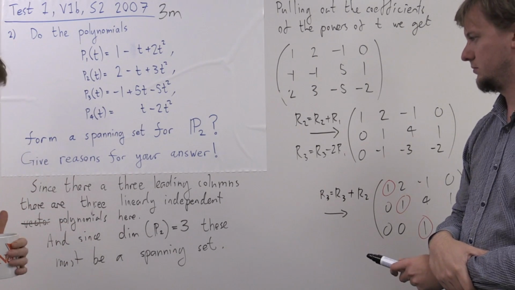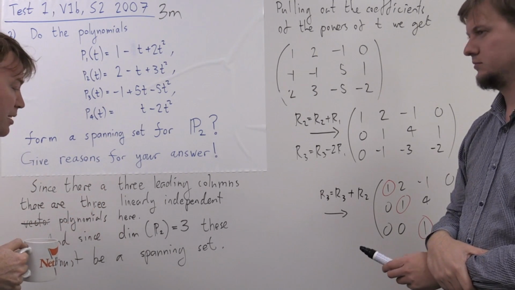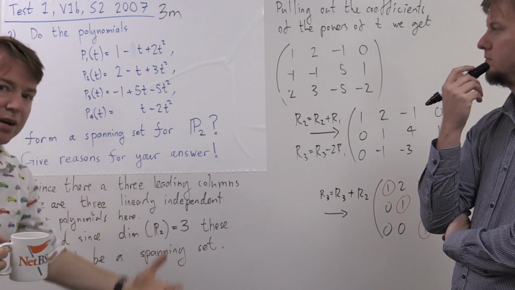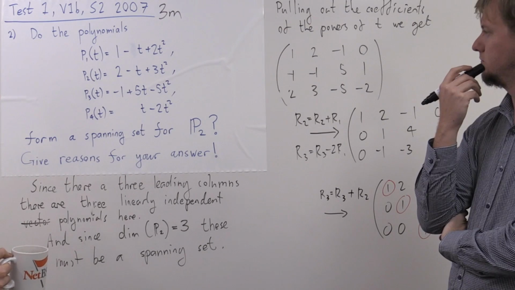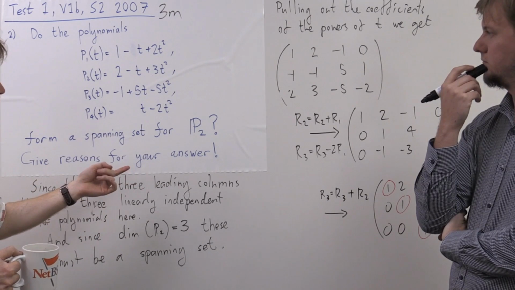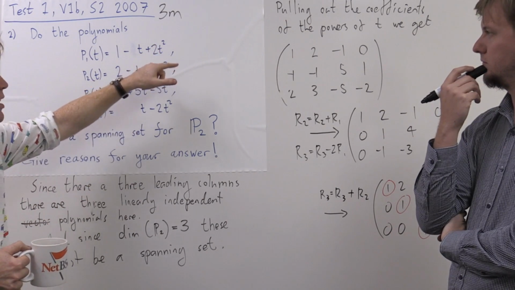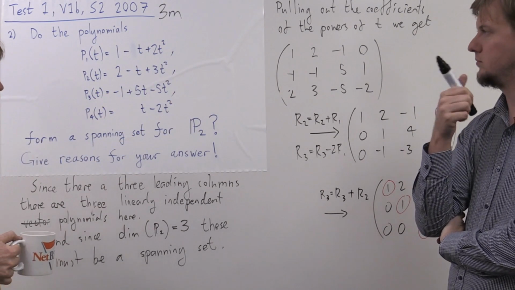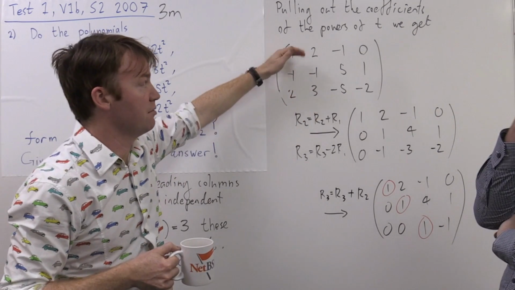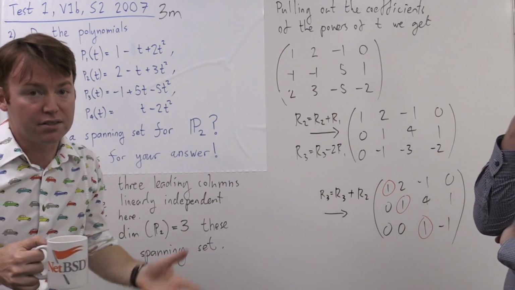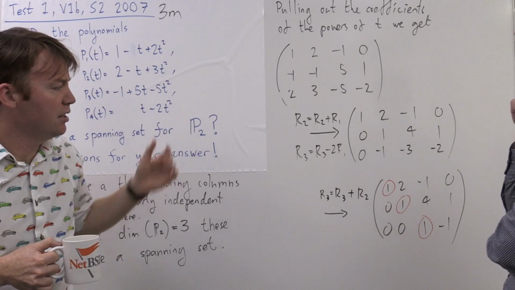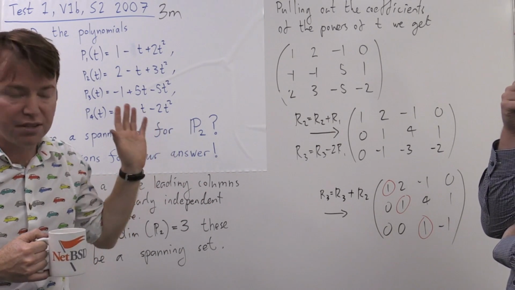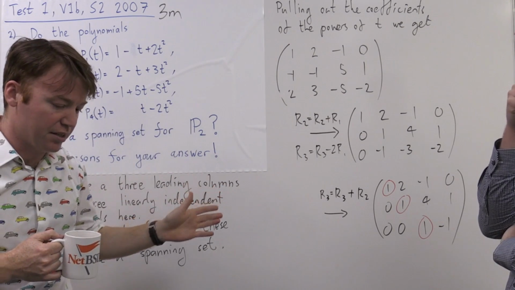Yeah, then there's kind of theorems you could use to show it's a spanning set. A more vanilla way of answering this question would be to take an arbitrary polynomial from P2, maybe with an a plus bt plus ct squared, and show that there's always a solution to that. It's a little bit more fiddly with the algebra, I think, but it definitely shows that it's in the spanning set